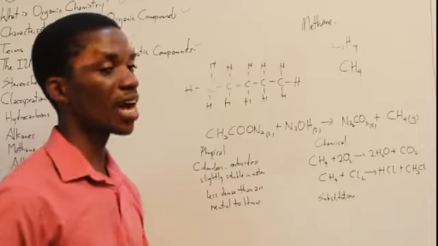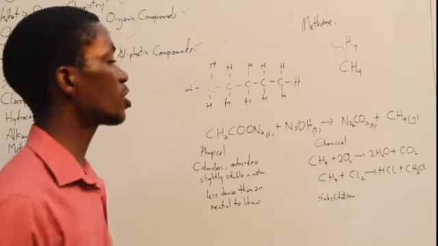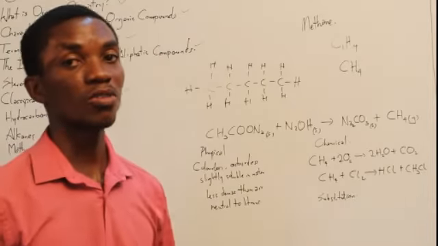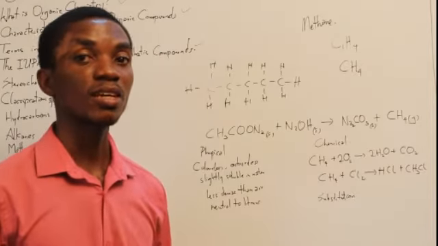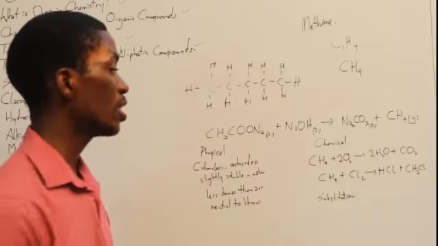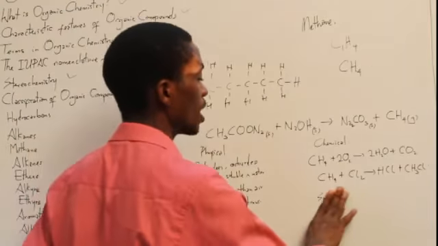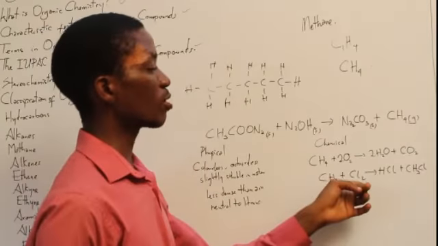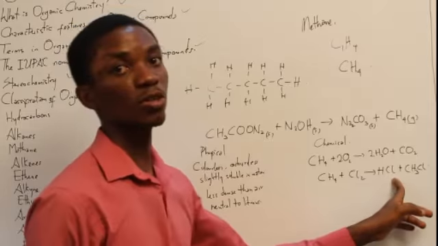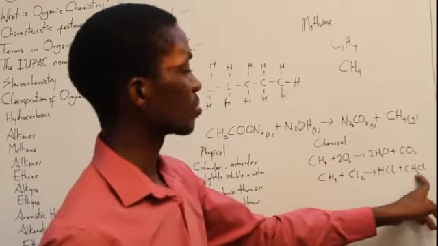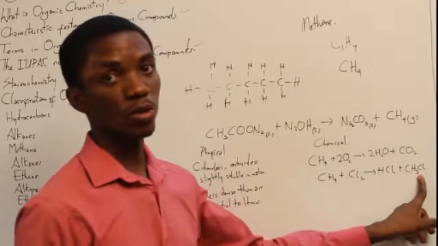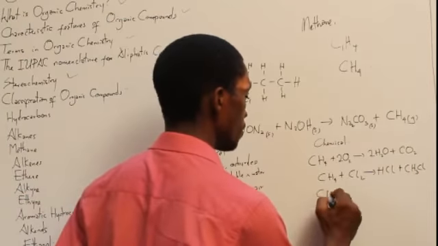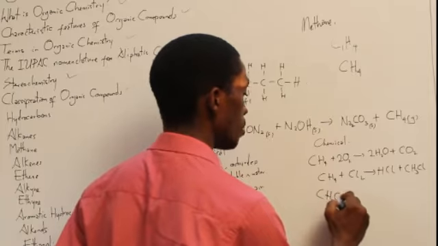Now methane reacts with chlorine on a very special condition, in the presence of ultraviolet light. Ultraviolet light serves as the catalyst of this particular reaction, and this reaction is a 4-phase reaction. I wrote the very first phase here. That's methane reacting with chlorine to produce HCl, that's hydrogen chloride gas, and methyl chloride,